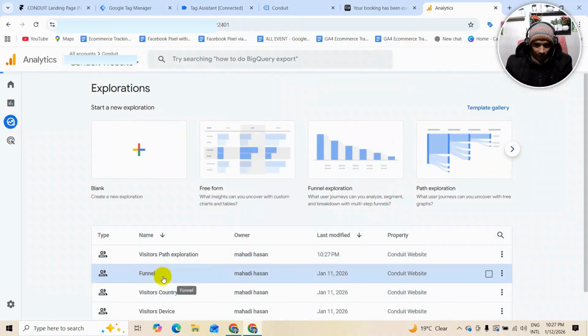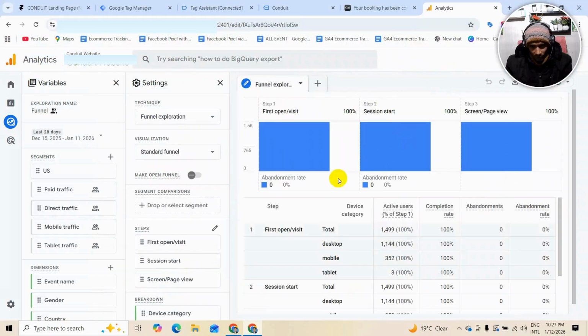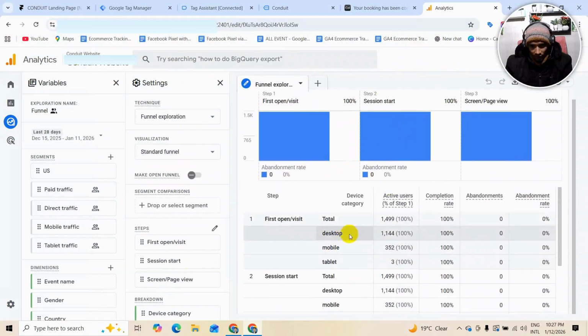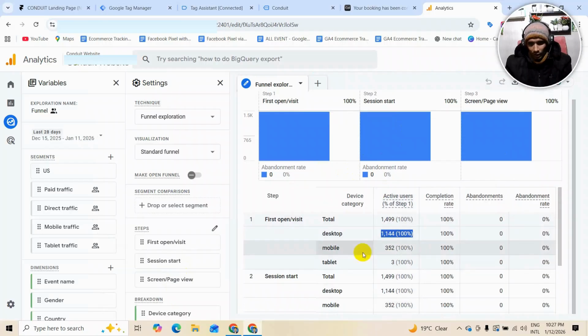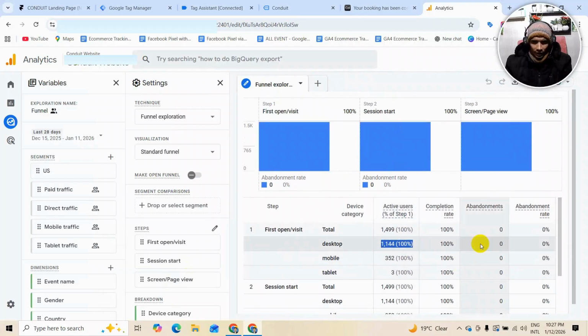The next report is funnel. You can see your visitor funnel in here. Desktop users 100% and mobile users page views, you can see in here. Okay,